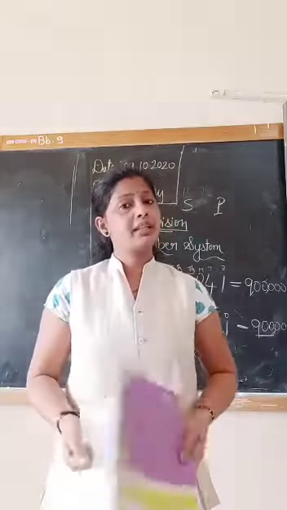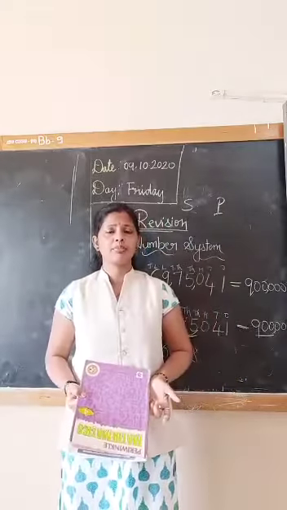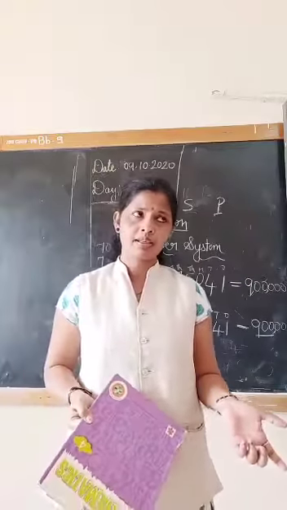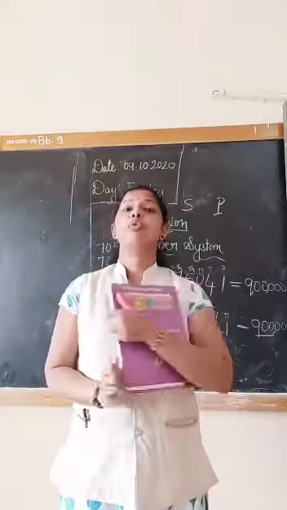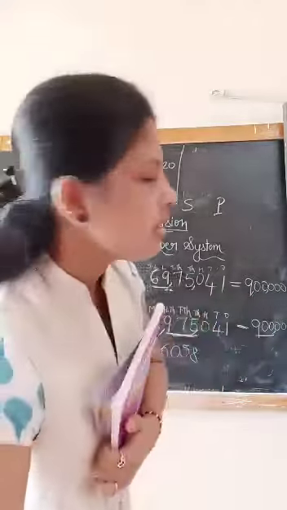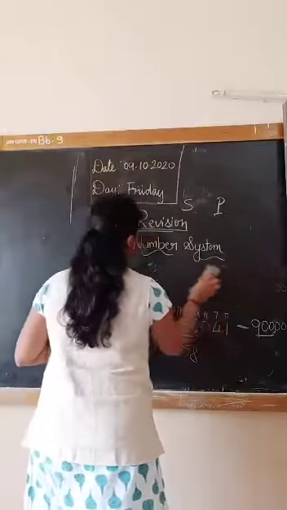Okay. And framing the numbers. When the digits are given and you have to frame the numbers, you can arrange the digits in any way to frame the numbers. You just have to interchange the digits and frame. But if you want to frame the greatest and smallest number, for the greatest number, you have to write the digits in decreasing order.